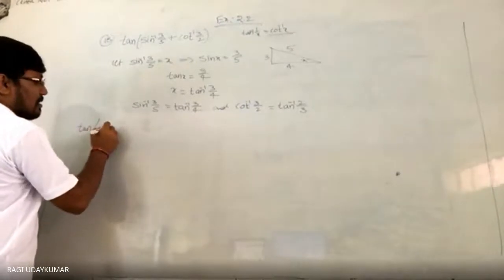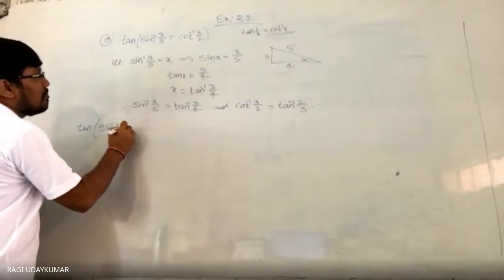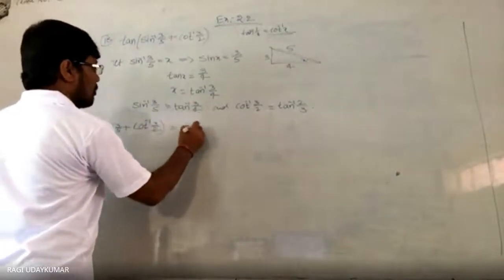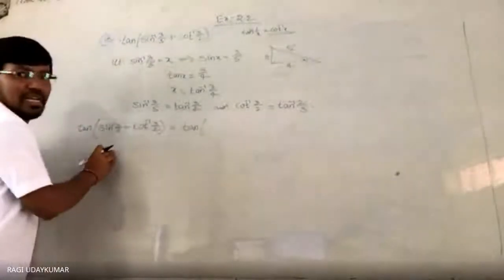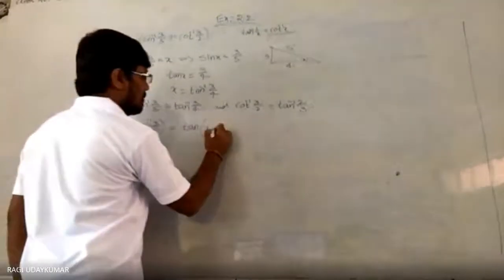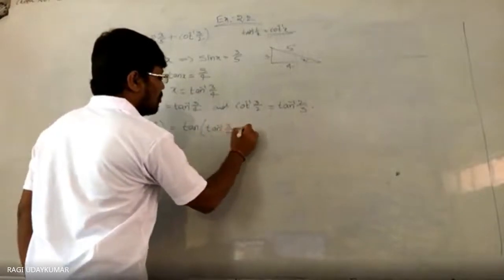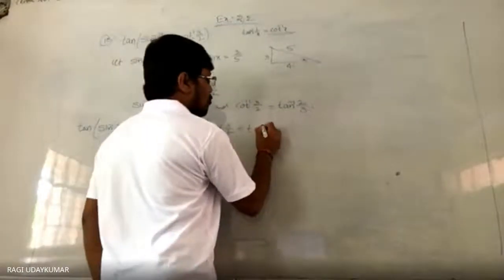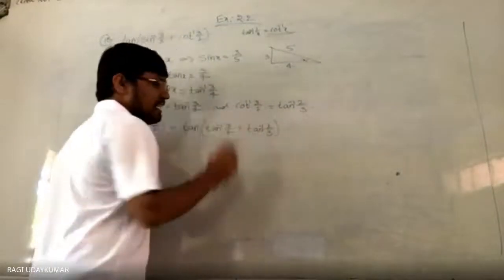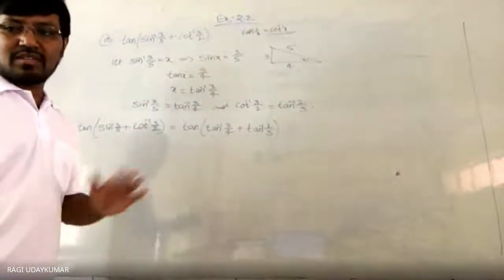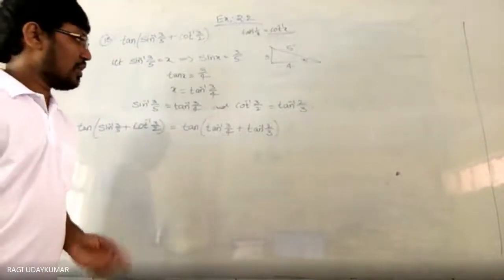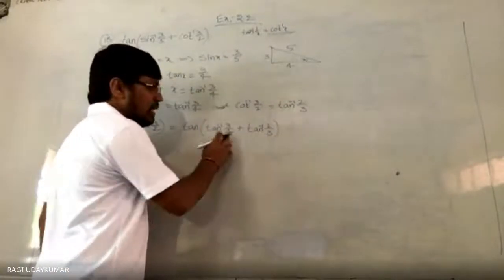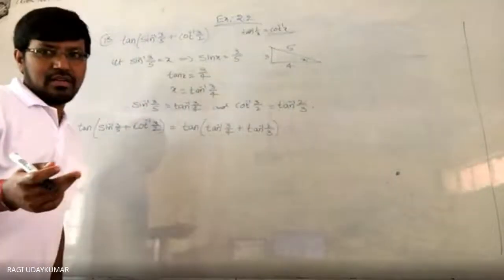Now let us take the given question. So tan of sin inverse 3 by 5 plus cot inverse 3 by 2 is equals to tan of tan inverse of 3 by 4 plus tan inverse of 2 by 3. Now this is tan inverse x plus tan inverse y, which is tan inverse of x plus y by 1 minus xy. But both are x into y, if you multiply both, you are getting less than 1.